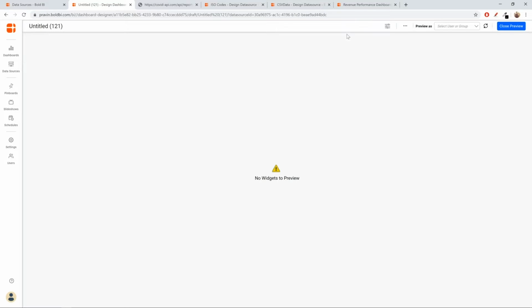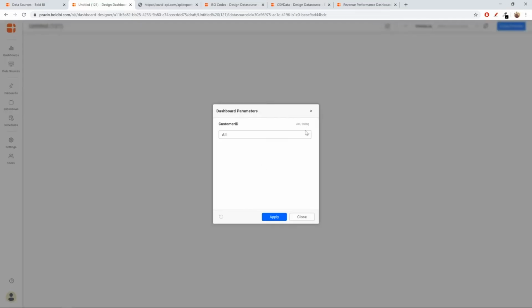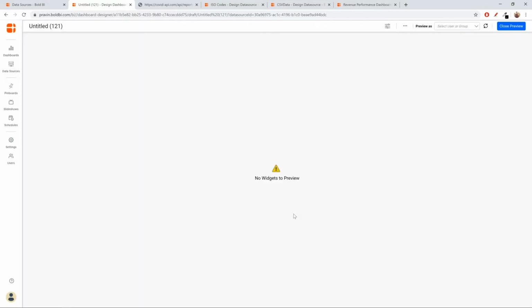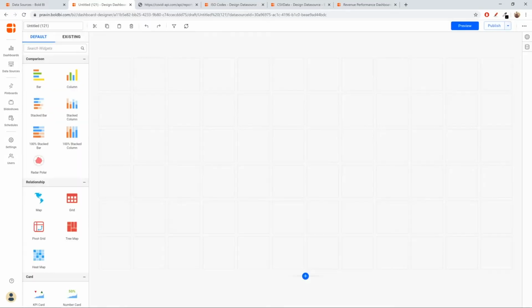Okay, so when you share it or when you publish the dashboard, you'll be able to see the dashboard parameter option in the viewer. You just click this and you select a value. So the default value is the first one we have selected. In case you want to change it, you can just change and apply. This action is going to replace the default value with the new value that we have now chosen, and the dashboard is going to display the data based upon that value. Okay, so this is how you create and change the value in a viewer.